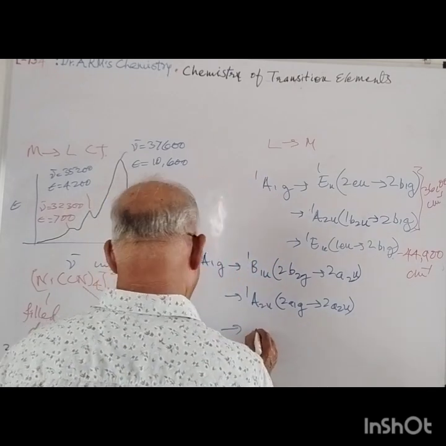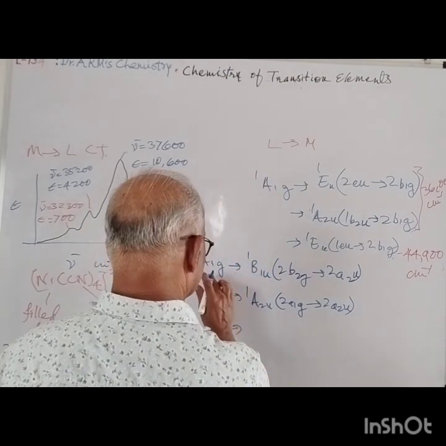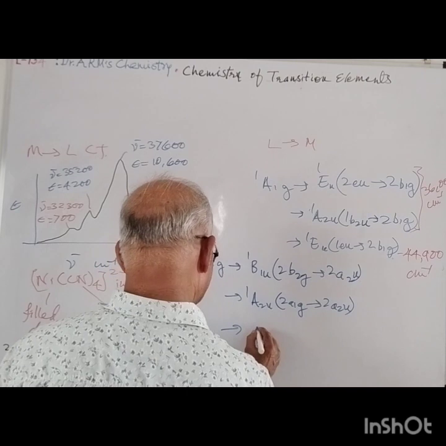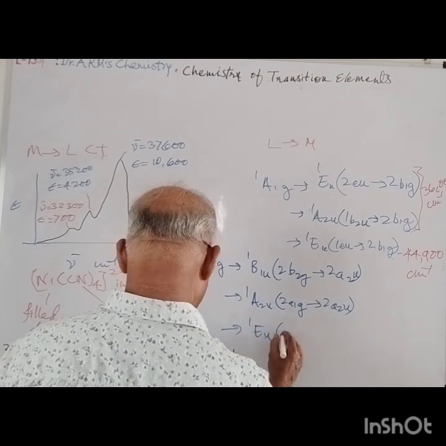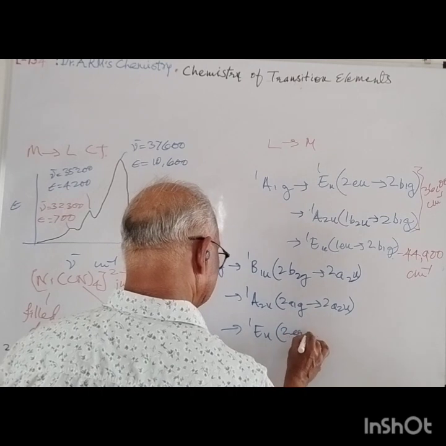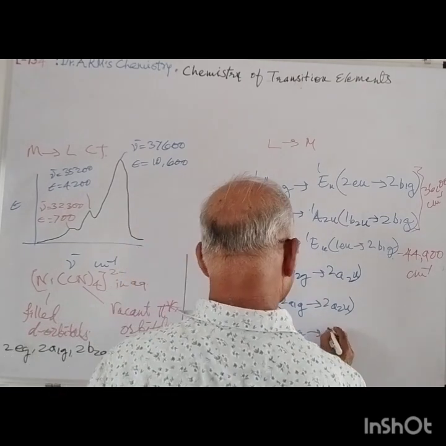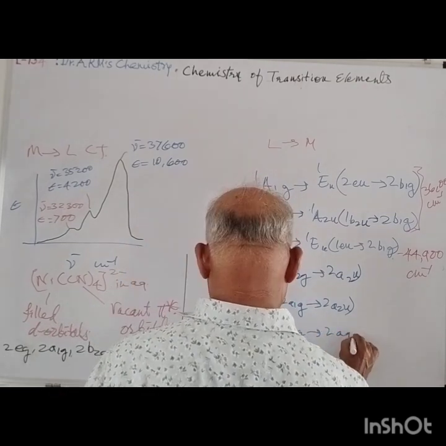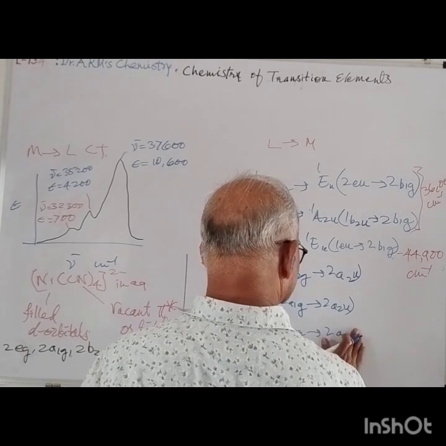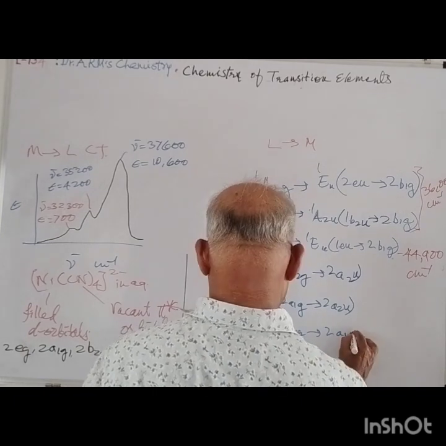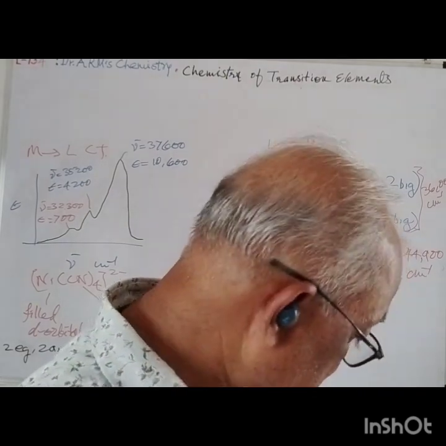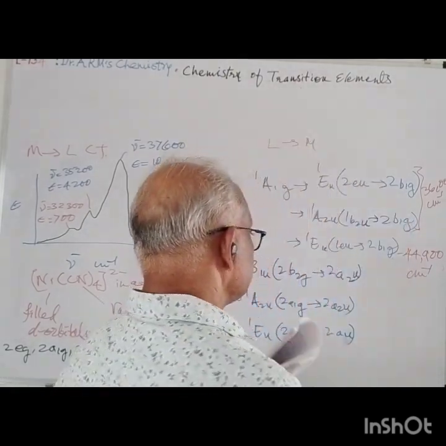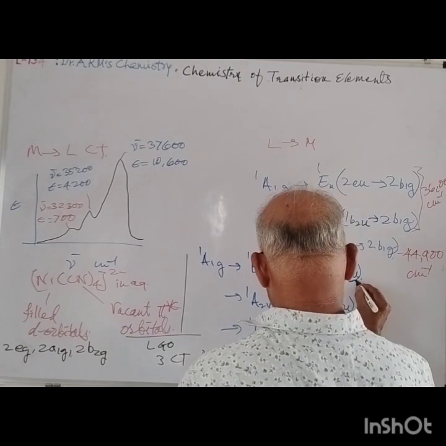Third is A1G to this 1 EU, that is from 2EG to 2 A2U. Now if we show these absorption bands for these transitions, so these are